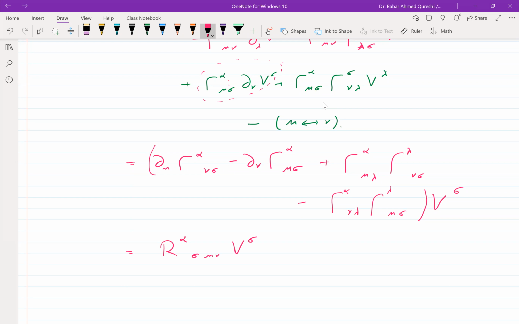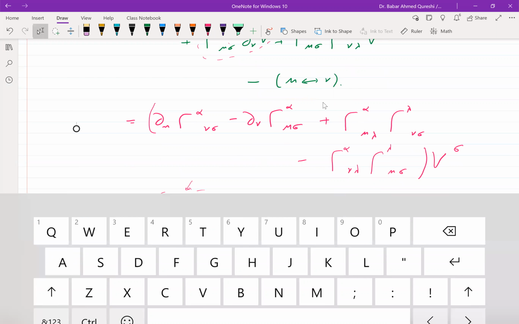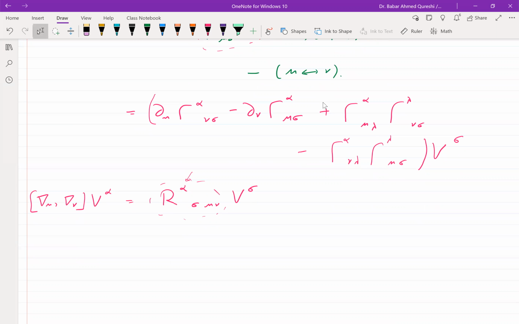So I can write it like this. The alpha index on the vector got translated onto this object, whatever this object is, and it gets multiplied with v sigma. Now you can notice a couple of things. First is